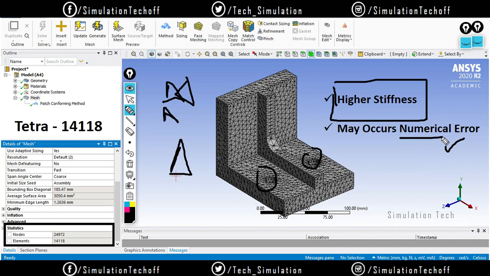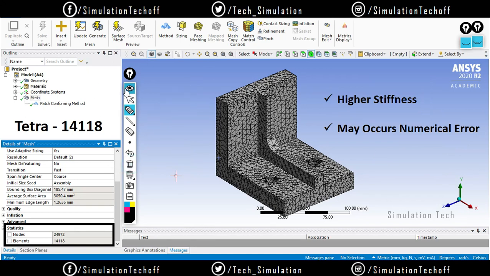In hex mesh there might also be numerical errors, but comparatively the tetra mesh has more of them. So if you use hex mesh, you may not get numerical errors, but it is not certain. Not getting a numerical error 100% of the time is not guaranteed. The probability is higher in tetra mesh, and in hex mesh the probability is very low.